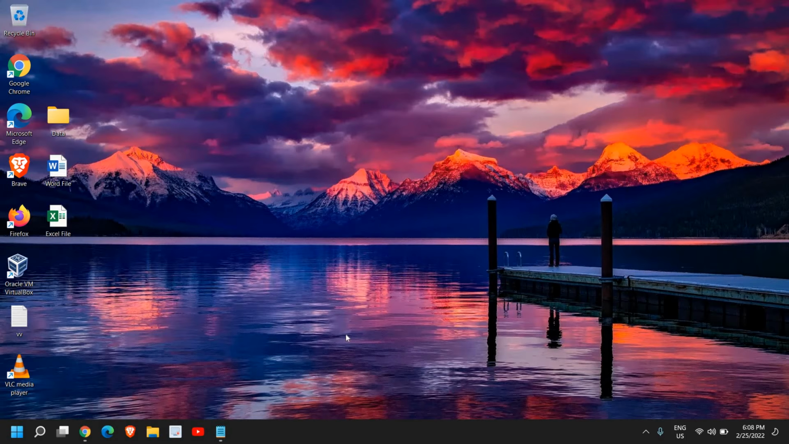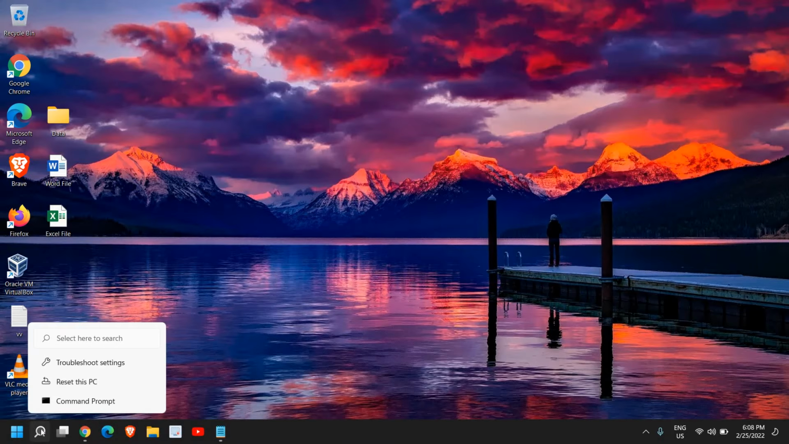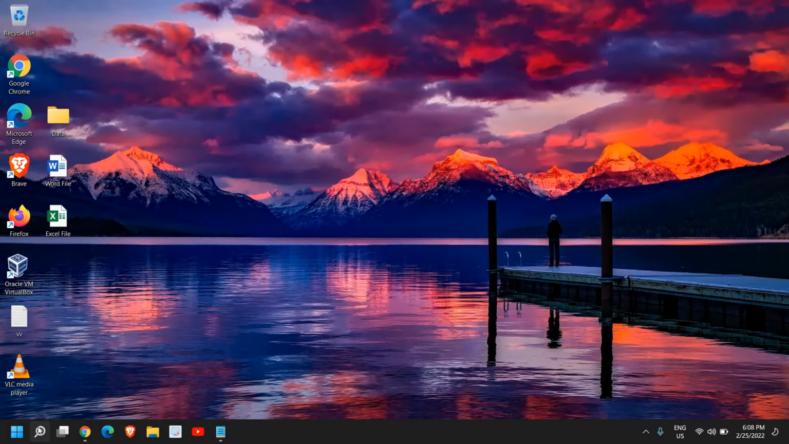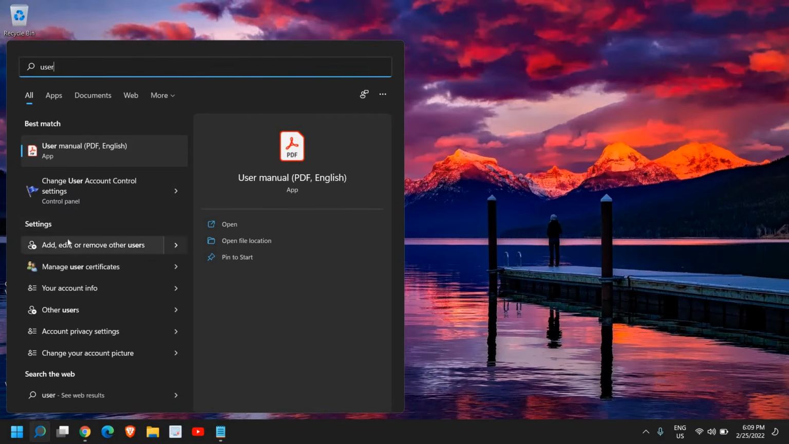Hey guys, a very quick tutorial on how to change the user account type on Windows 11. Even on Windows 10 you can do that, the same procedure. So here in the search icon just type user, and in the settings option you will find add, edit or